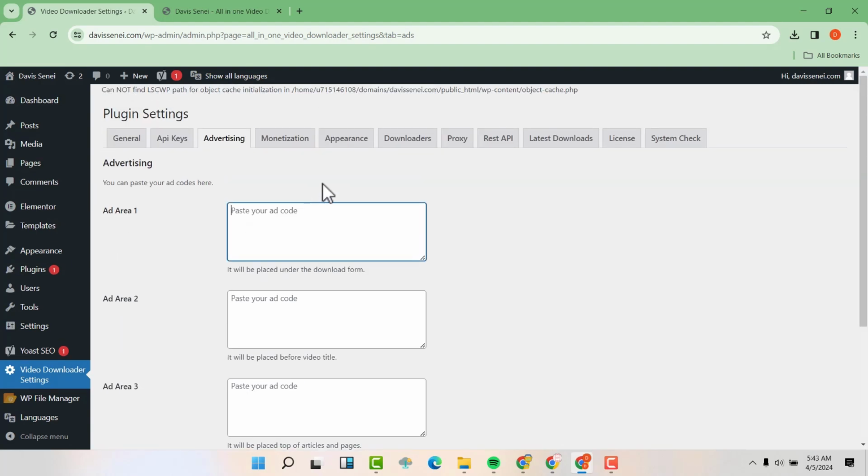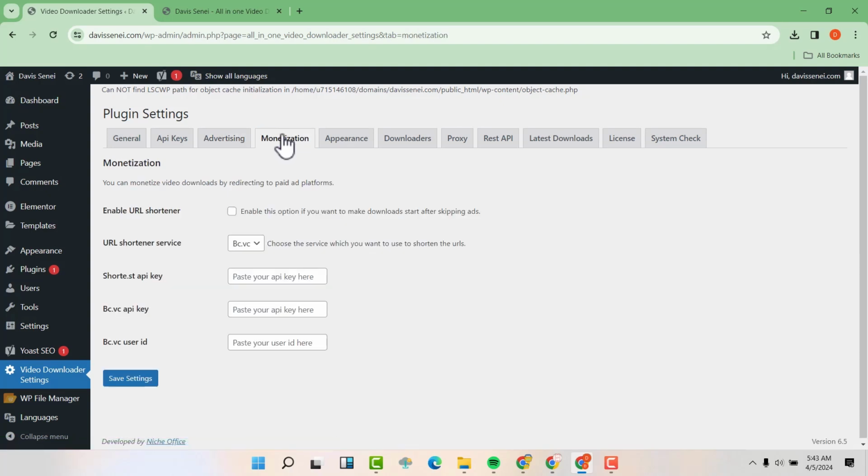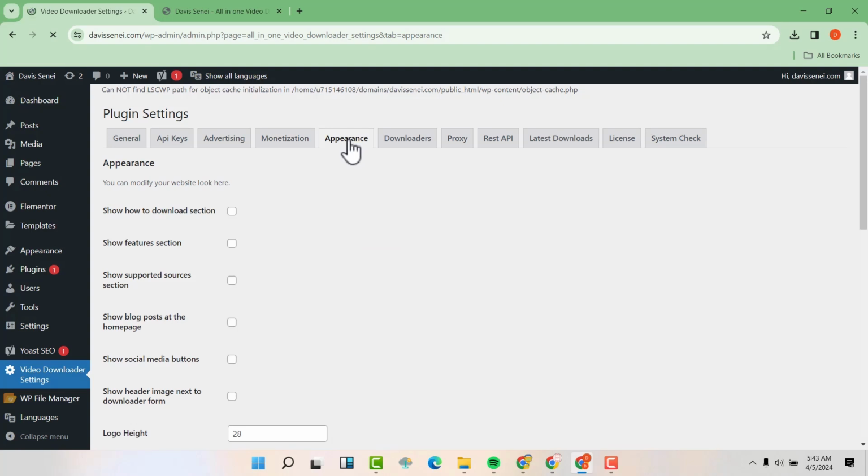So for now, we have not yet applied for monetization. So for this one, right now it's not working. So just let's assume this. Then appearance. So appearance is what will be shown on the front end. So what do you want?